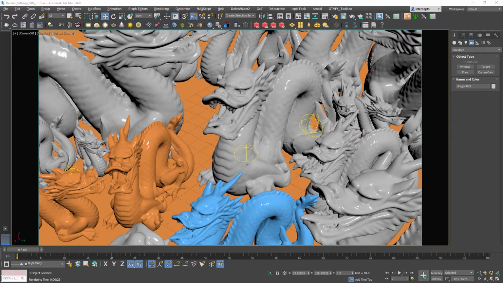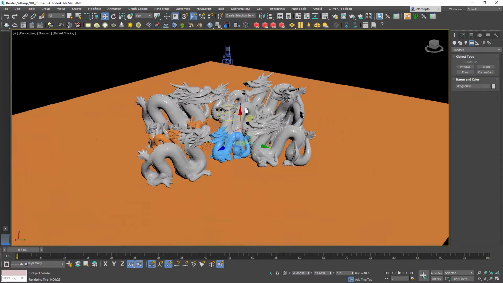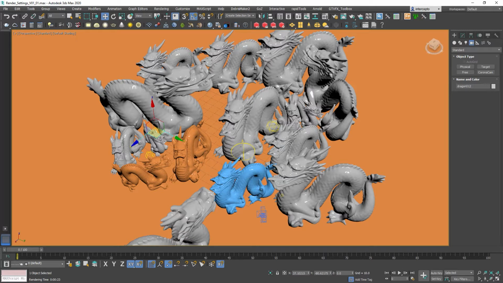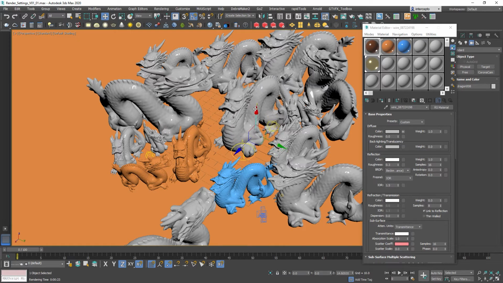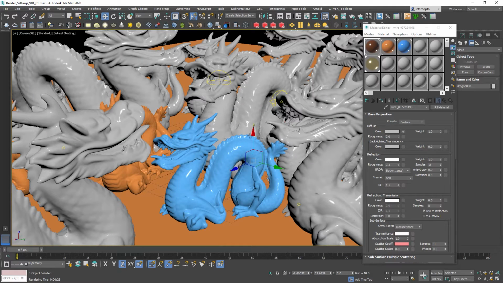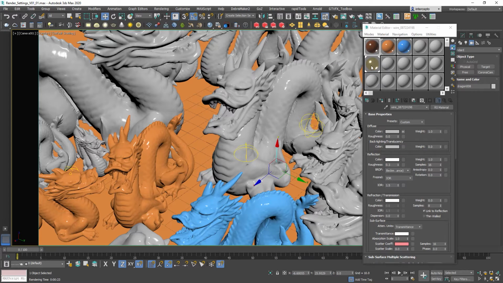Okay, so I'm in Max now, and this is that simple scene that I prepared for these tests. As you can see, if I switch to perspective, there are just a couple of these high resolution dragons. I'm using a couple of different shaders for this scene. So there is a shader that's applied to that main dragon over here, which if I switch to camera is this guy over here, and that one is